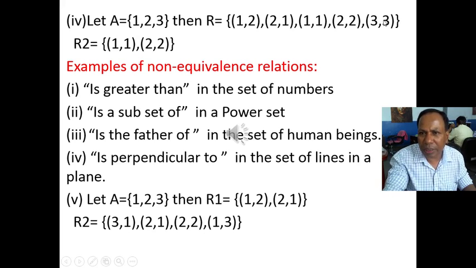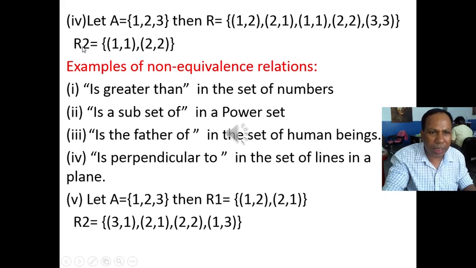For the remaining three elements, since the first and second elements are equal, (1,1) is the same as (1,1). A related to B implies B related to A. Similarly, for the others, A related to B implies B related to A, and so on. So this relation satisfies all three properties: reflexive, symmetric, and transitive. So it is an equivalence relation in set A.